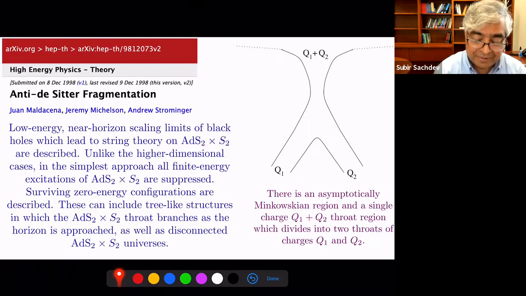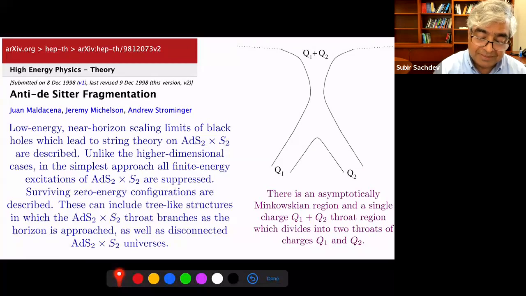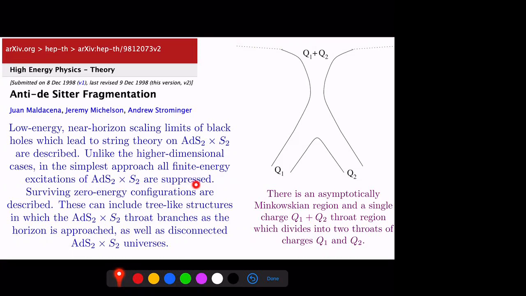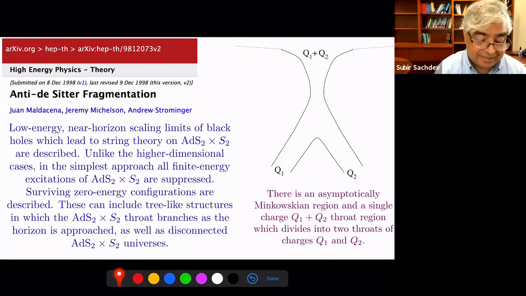They found that there were many, many solutions where, as you approach the horizon, there was a fragmentation of the horizon, and the charge of the horizon was split up into many small pieces. For example, they say here, unlike the higher dimensional case, all finite energy excitations at AdS2 cross S2 are suppressed. Well, that's a correct statement, but